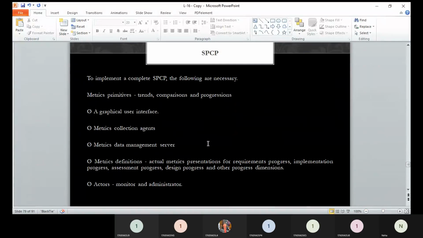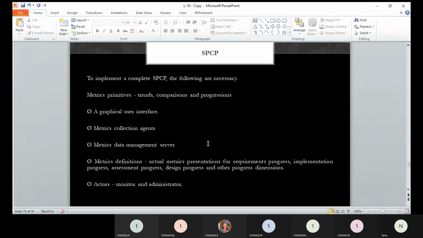Then metric collection agents, by utilizing which data extraction will be done. A data management server, where the extracted data will be stored. Then metric definitions, in which the presentations for requirement progress, implementation progress, assessment progress, design progress, and other dimensions of the project will be mentioned.